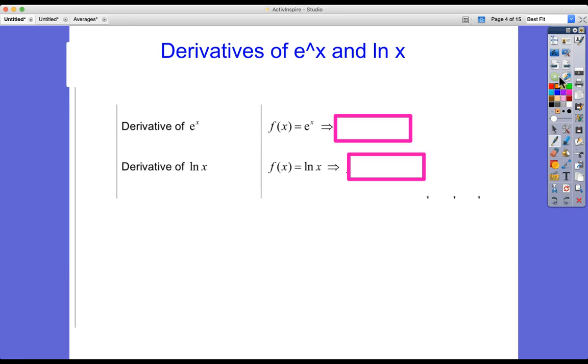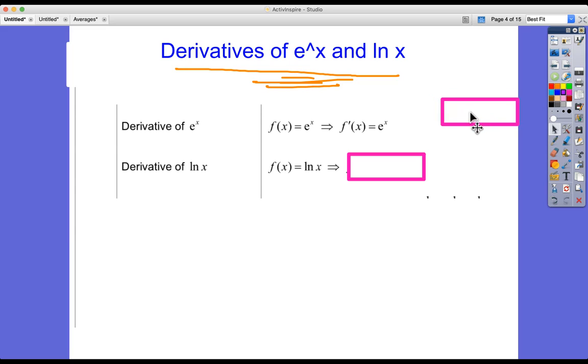And today we are going to be dealing with differentiating with them. Okay, so there's two key results to know, and I'm not going to prove them today because it would take a long time. The derivative of e to the x is actually itself, it's e to the x,